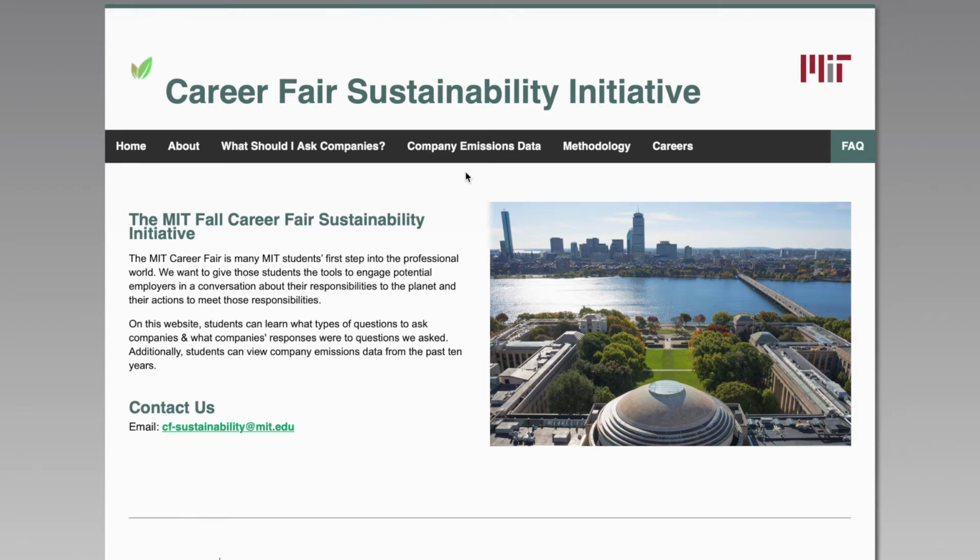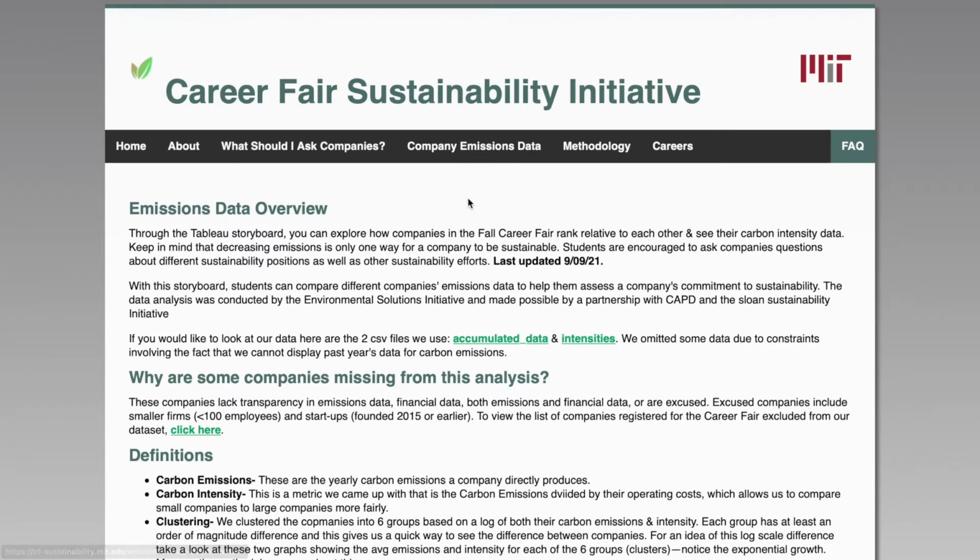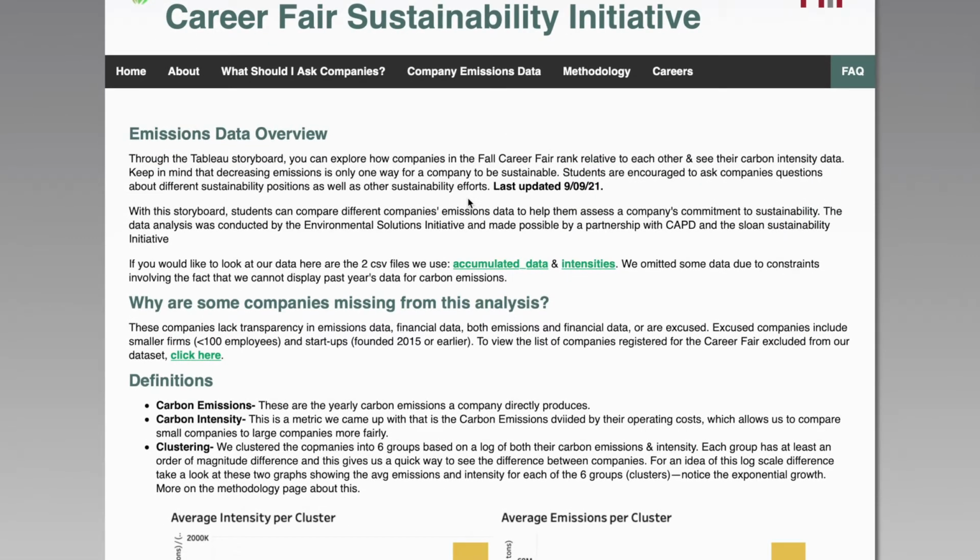On the Company Emissions Data page on the Career Fair Sustainability Initiative website, we have collected emissions data and financial data on many of the companies at the Fall Career Fair. This allows students to compare the carbon emissions and carbon intensity of the different companies they are looking to potentially work for. We hope that this will empower students to bring sustainability into their considerations about jobs, not only now,